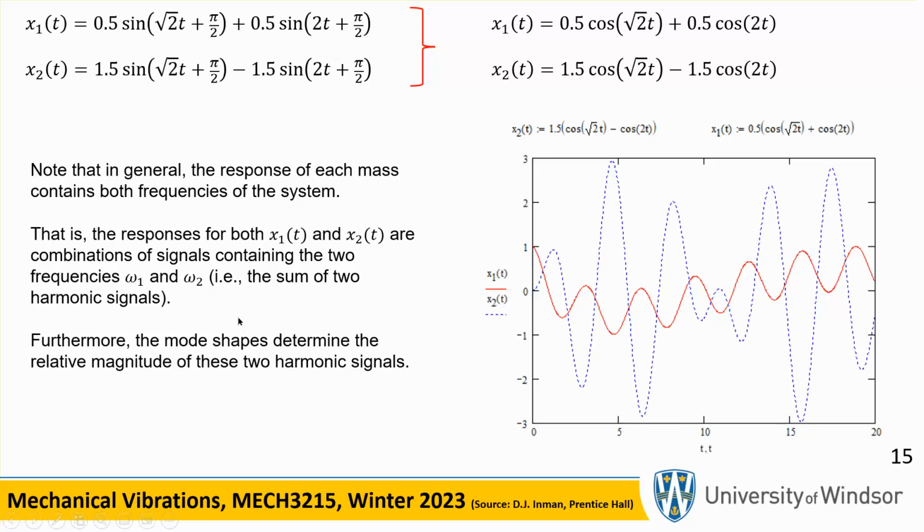Okay, so the one thing you want to notice is that if you look at the solution to this problem, both frequencies will participate. So the motion of mass 1 involved both frequencies. Motion of mass 2 involved both frequencies. However, if your initial condition, remember those 4 conditions, x dot at 0 and x of 0, if x of